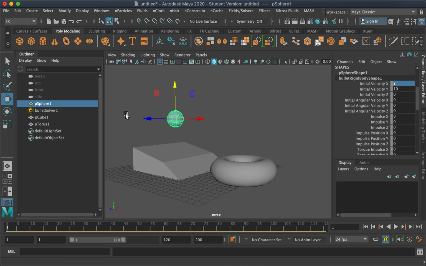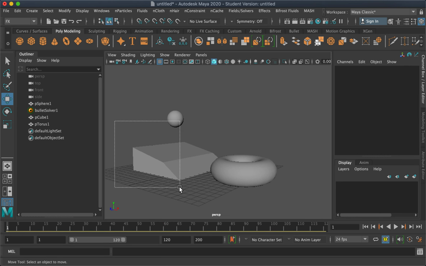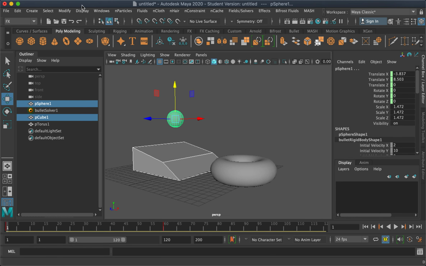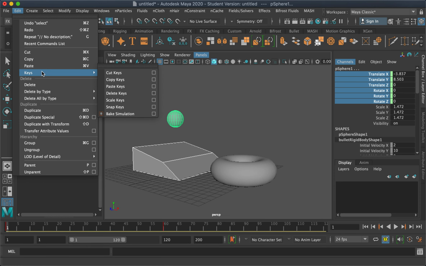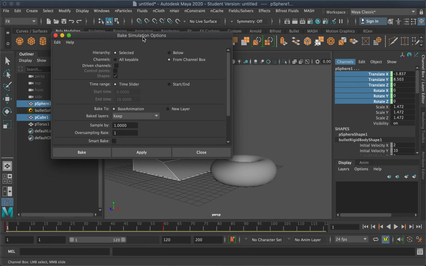So how do we do that? We select the rigid bodies, the bodies that we want to bake, these two, and we select the translate and the rotate channels from the channel box, and go to Edit, Keys, Bake Simulation. So you open the option box. By default, channels are in channels.